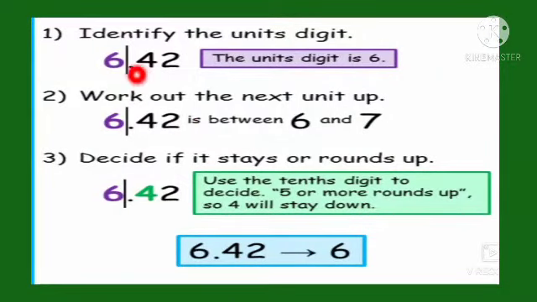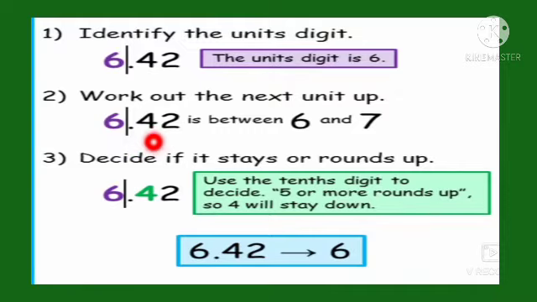For example, identify the unit digit. So here 6, which is in the integral part or whole part. Here we need to round off to the whole number. Now work out the next step. We have to look at the first digit after the underlined digit. Here 6 is underlined because it is to be rounded, and 4, the digit right next to 6, has to be